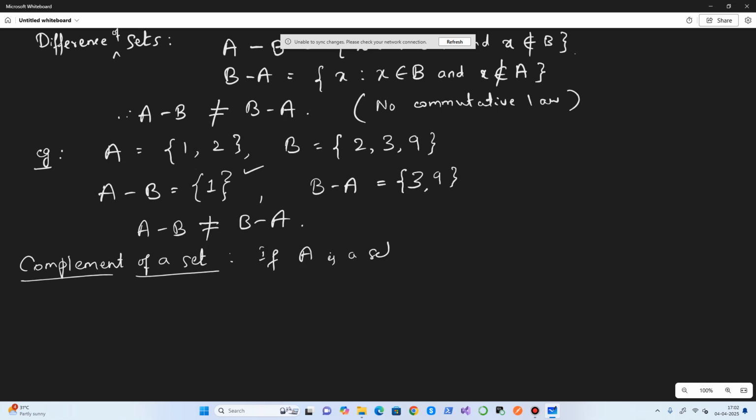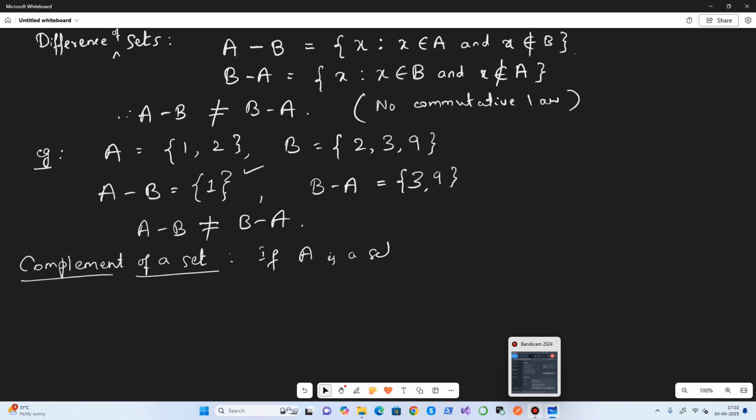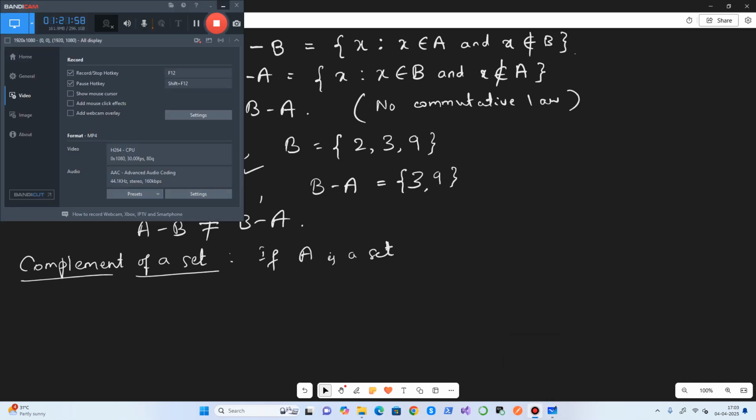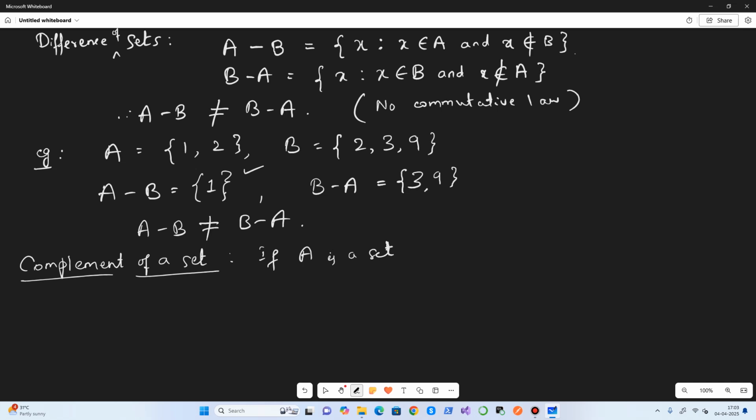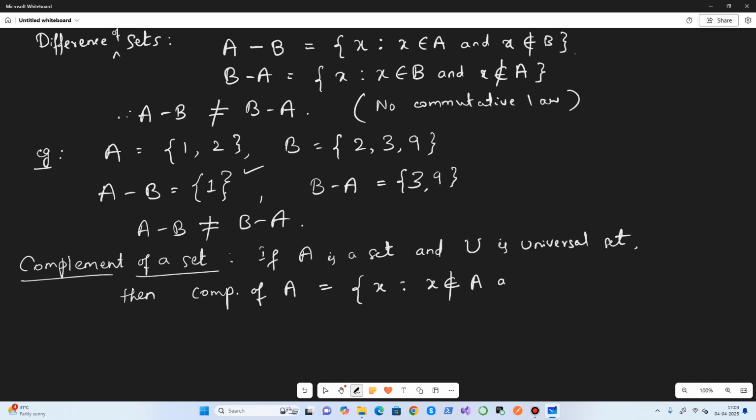If A is a set and U is the universal set, then the complement of A is defined as the set of elements x where x is not in A and x is in U. X is part of the universal set.